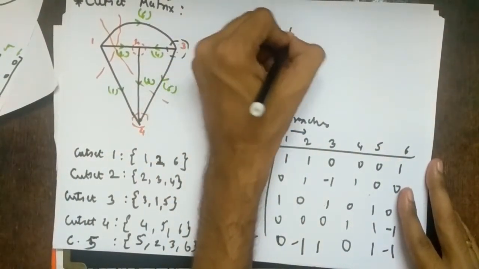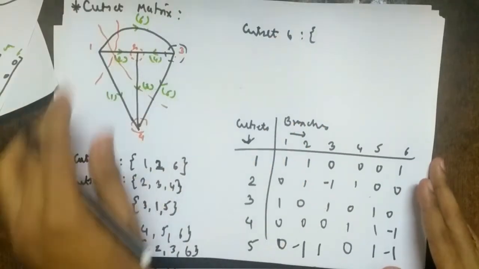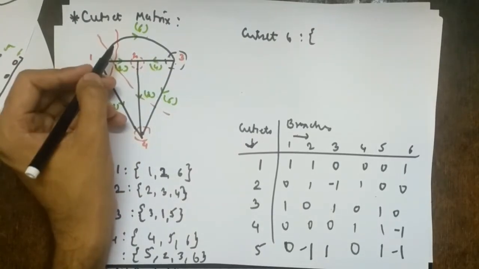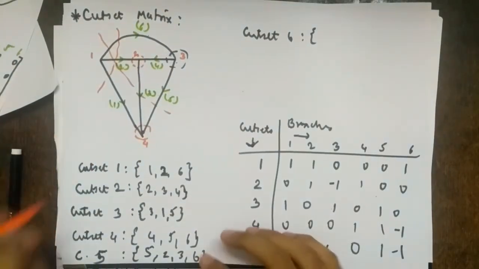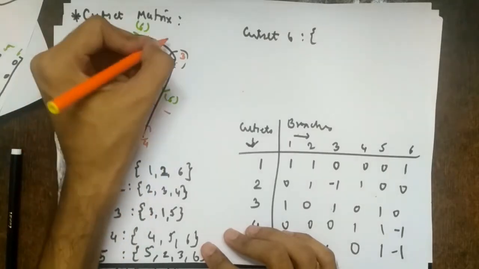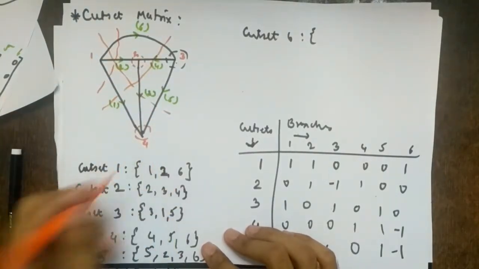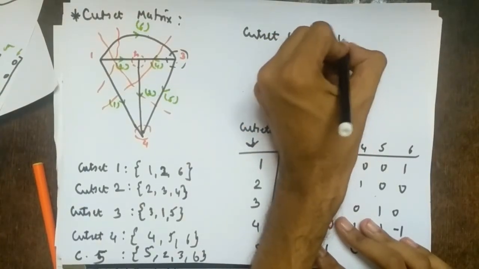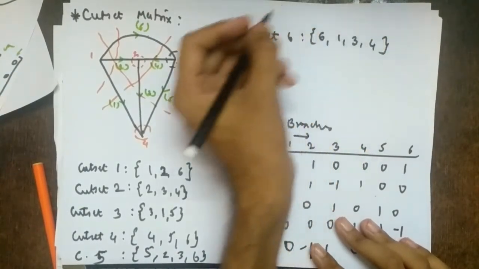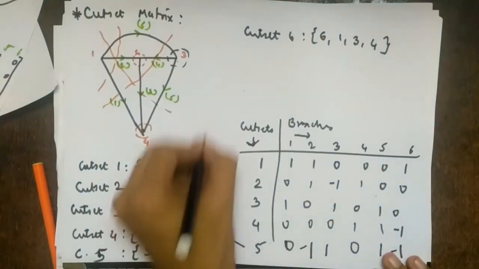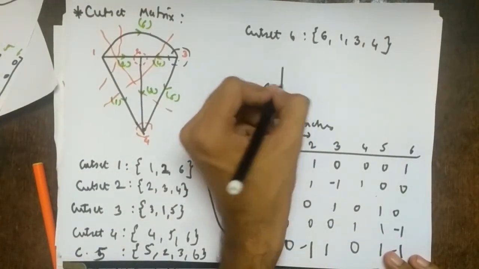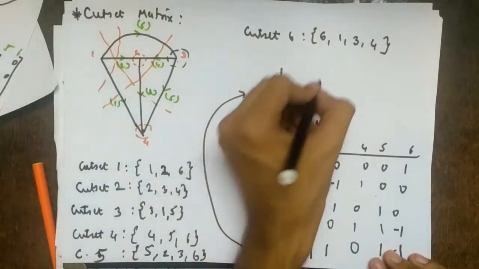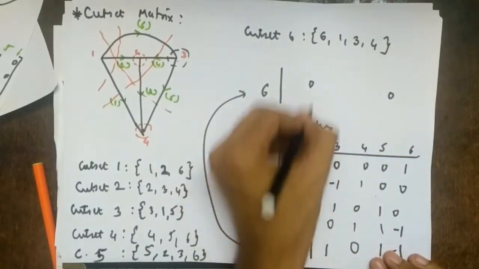So cut set 6. So corresponding to branch 6. So branch 6, this is my branch 6. So if you think over it, again this is done, but this is not done, right? So what is it? 6, 4, 3, 1. So I can write in ascending order. So 6, 1, 3, 4. So this I am continuing here. So this is cut set 6. So 6, 1, 3, 4. So 2, 5 are 0. So 2 and 5 I am writing in this way, right?